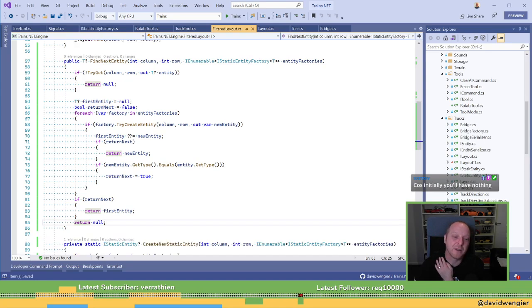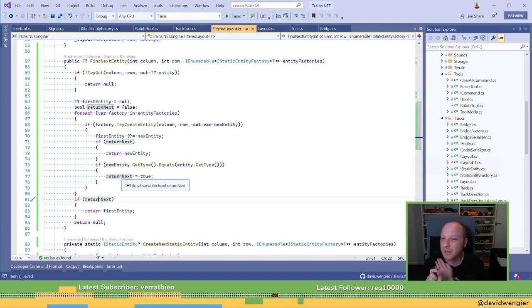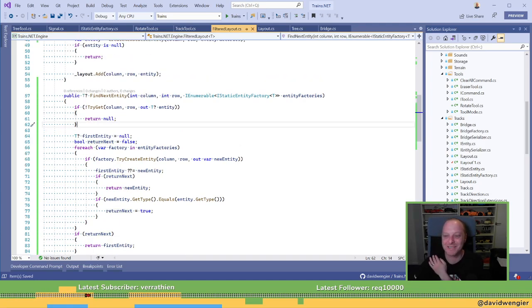I guess if you never found it, then this is going to be null, so it's the same result anyway. Okay, if you got to the end and you never found the current one, that would be weird, because that would mean you have an entity on the board for which you don't have a factory. Is that it? I'm just going to leave it. Maybe that happens. I don't know.